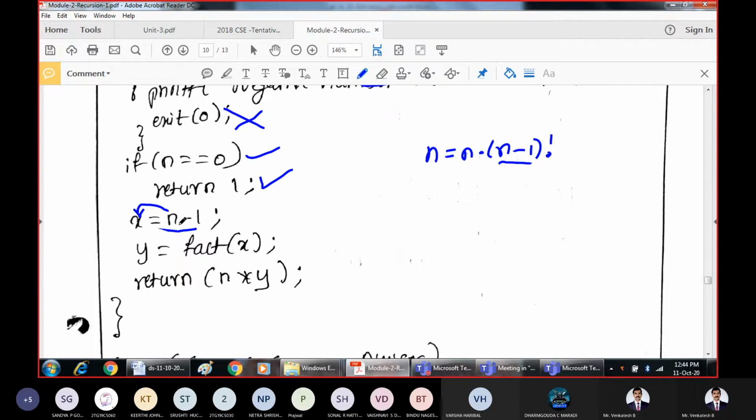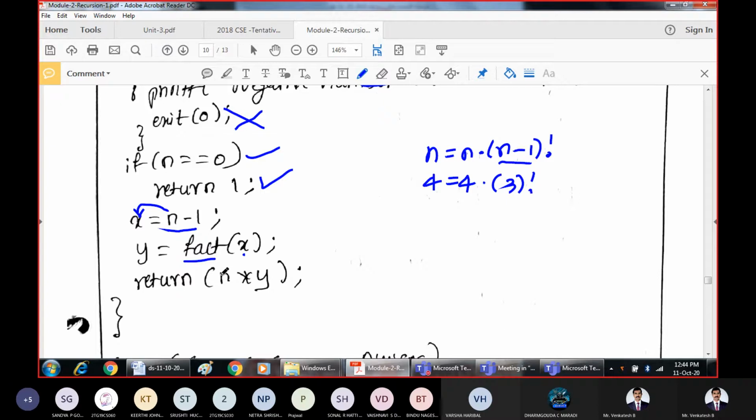That means I am calling the factorial function again by passing x as the parameter. What is x? x is nothing but n minus 1. So if you have given the value of n as 4, I am calling something like 4 into 4 minus 1, which is 3 factorial.